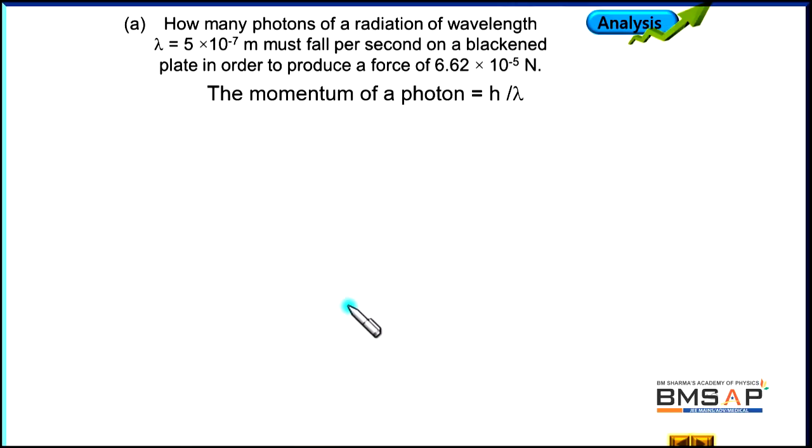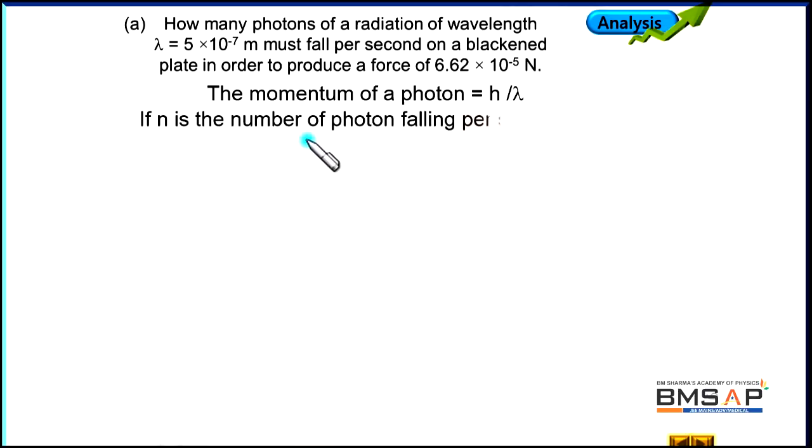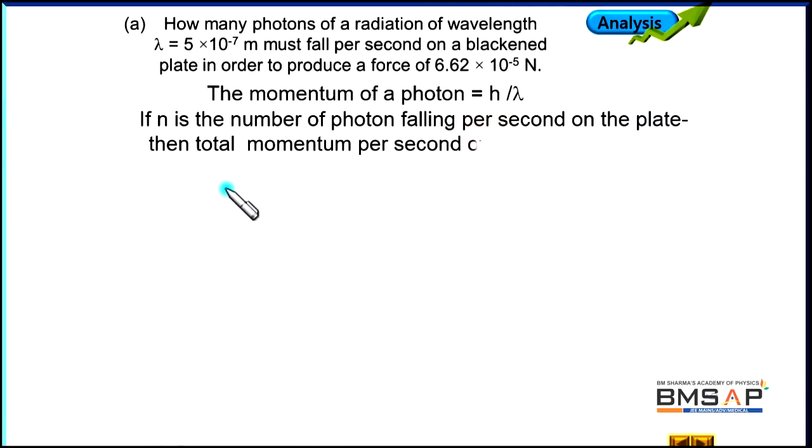Let us consider this quantity as n, small n. And if we multiply small n with the linear momentum of a photon, we will get the momentum incident per second on the plate. So, n is the number of the photons falling per second on the plate, and this is the value of the linear momentum incident on the plate per second, that is